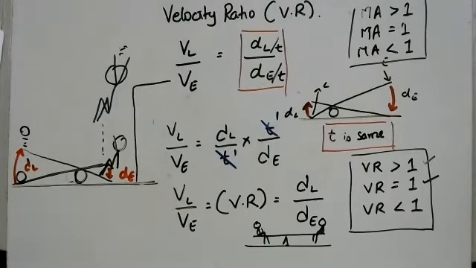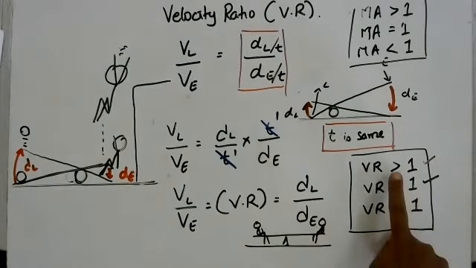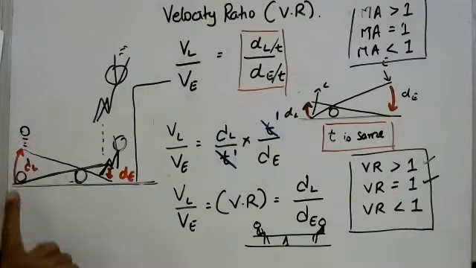Okay, so therefore what will happen is dl by de is going to be greater than 1, and if it is greater than 1, then the object is going to get accelerated upwards because of the force that is being applied at that. You are applying a less force, but you are applying it for a greater distance. So therefore you are going to get a catapult effect. That is the basic principle of a catapult. Okay, does that make sense? Any questions about it?